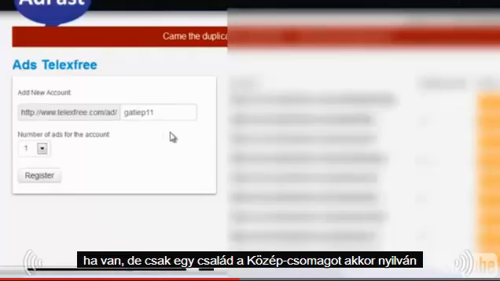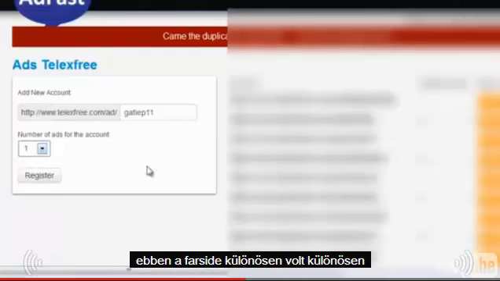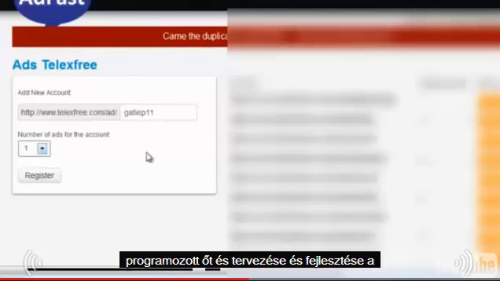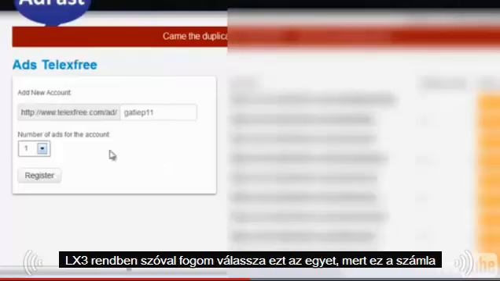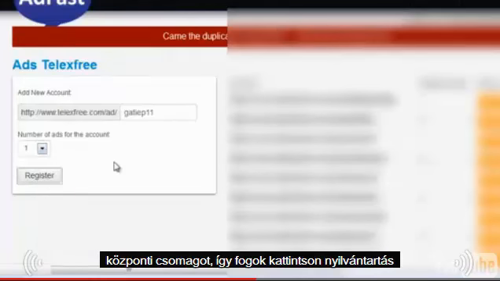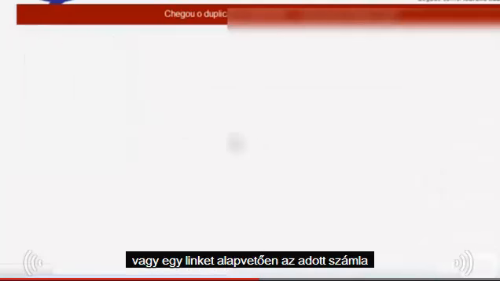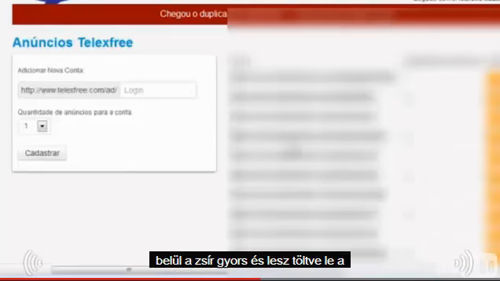If I have purchased a family Ad Central package, then obviously I need 5 ads. As you can see, the total amount of ads that you can get is 5, which is the family Ad Central package. This AdFast site has been particularly programmed and designed and developed for TelexFREE. So here I'm going to select this one because this account that I want to register is an Ad Central package. So I'm going to click on register, and it's going to create an ad or a link for that particular account inside of AdFast, and it's going to load it